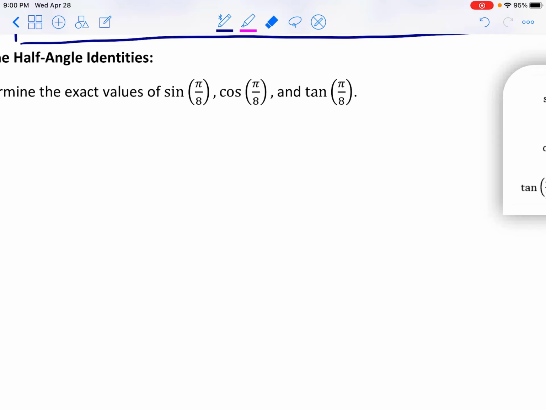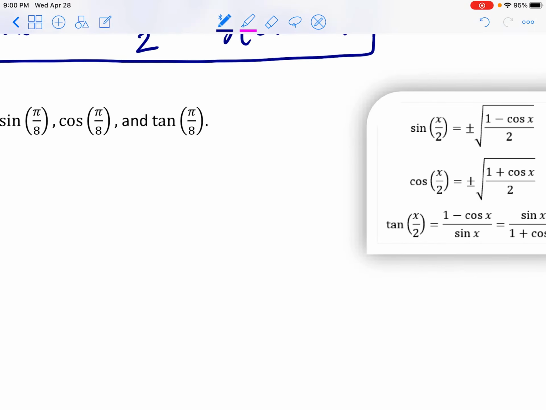Now maybe your brain thinks well in fractions. If you can see it, awesome. I'm not so good with doing that, so I would probably convert these radians to degrees. If I was to convert pi over 8 radians to degrees, I would have to multiply by 180 over pi, and those would cancel, and 8's actually not going to go into 180. This is going to reduce to 2 and 45, so we're going to end up with 45 over 2,